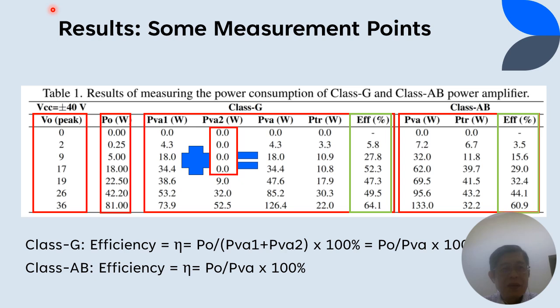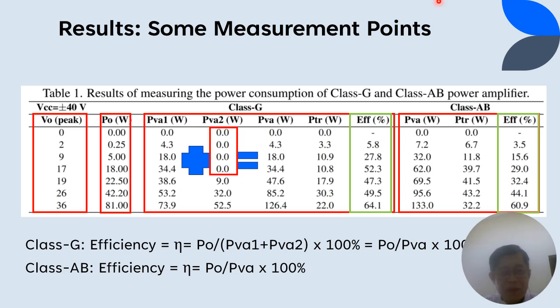When the output voltage is less than 18 volts, as we designed 18 volts to be our threshold as the voltage reference, PVA2 is still deactivated. So we can see here, if our voltage peak is less than 18, PVA2 is always 0,